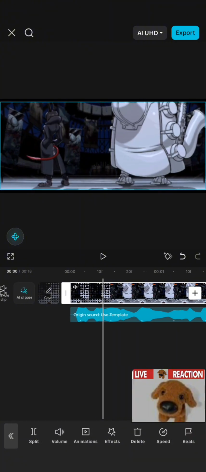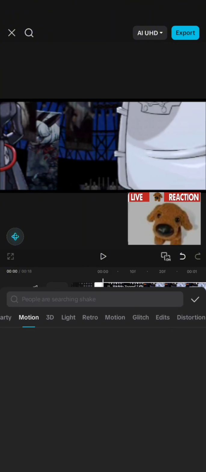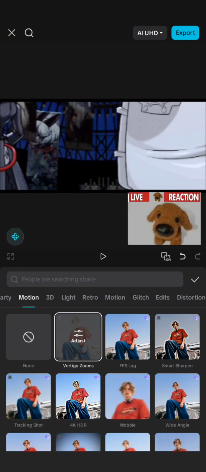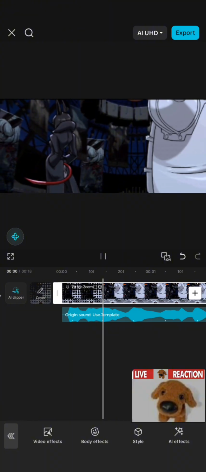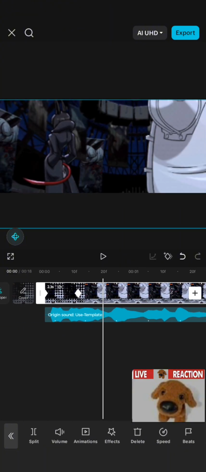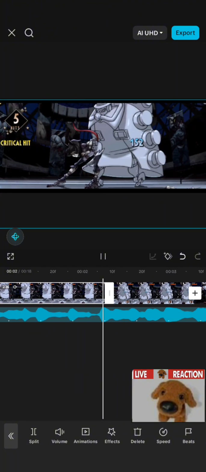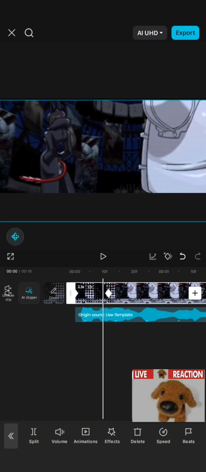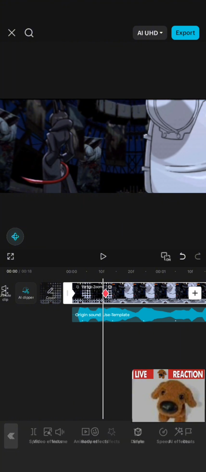So I decided to use just vertical zooms. It's okay, I guess. It's really just the speed, but it should work. It's just some minor adjustments I have to do.